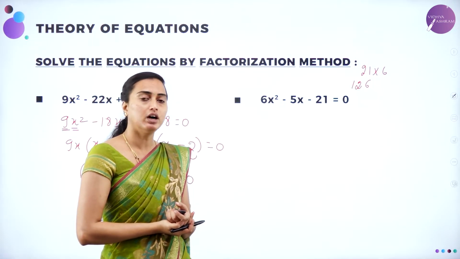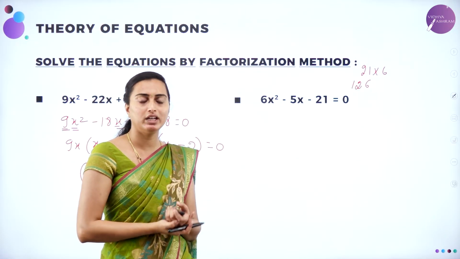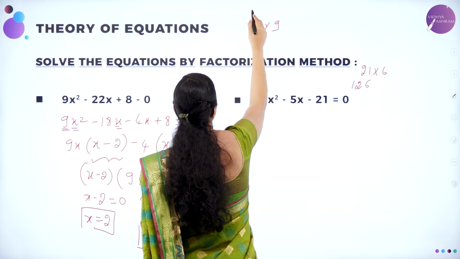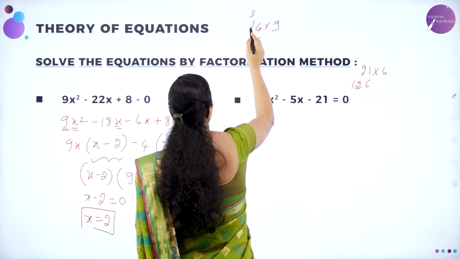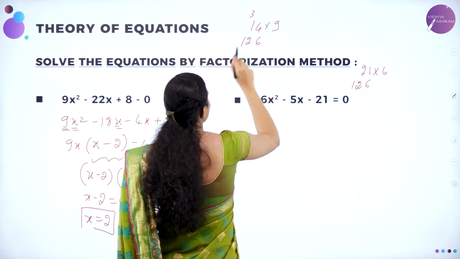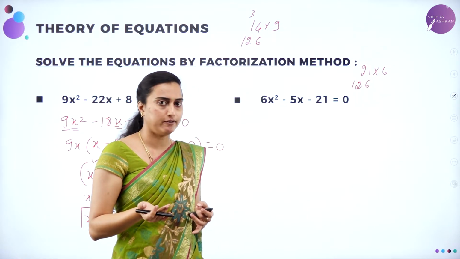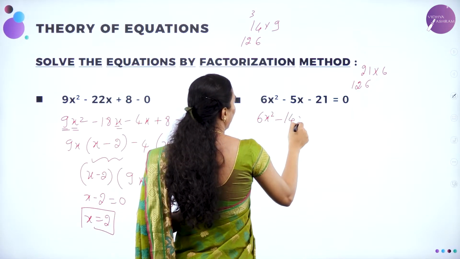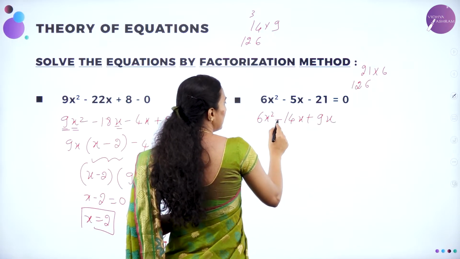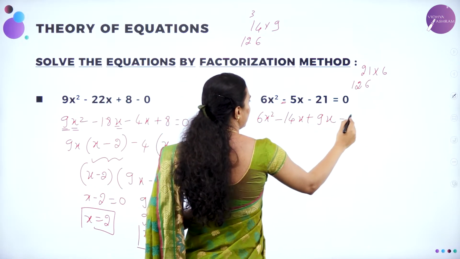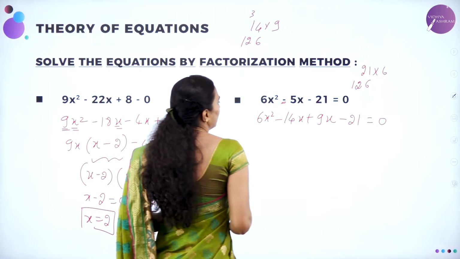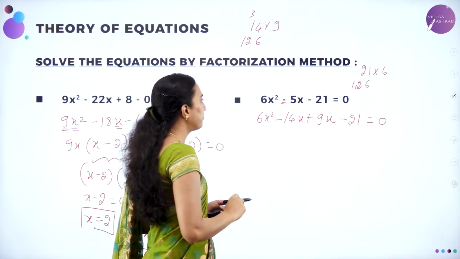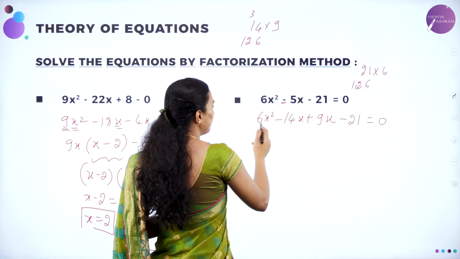So therefore, here what is 14 into 9? 14 9s are 126. You can multiply. 14 into 9. 9 4s are 36. 6 3s are 18, remainder. So 9 1s are 9. 9 plus 3 is nothing but 12. So minus 14 plus 9 gives you minus 5. So I can write here 6x squared minus 14x plus 9x. Why? Because minus 5 you have, minus 21 equal to 0. Minus into plus is minus, you get minus 14 into plus 9 is minus 21. So therefore you can take from these two what common?